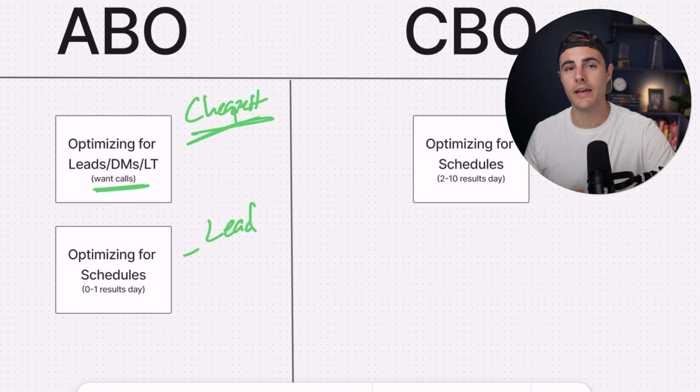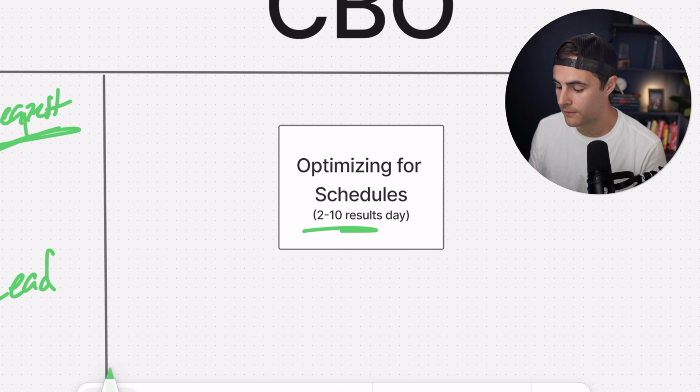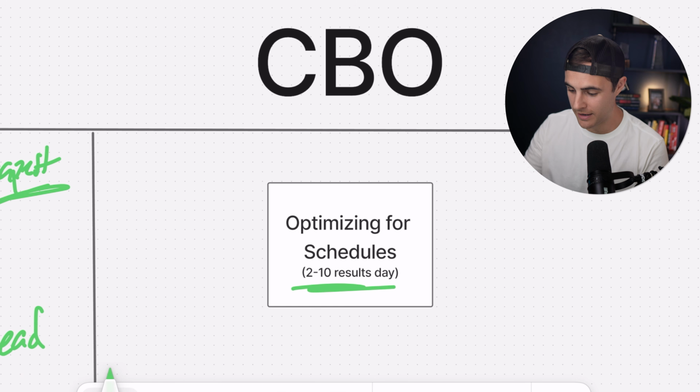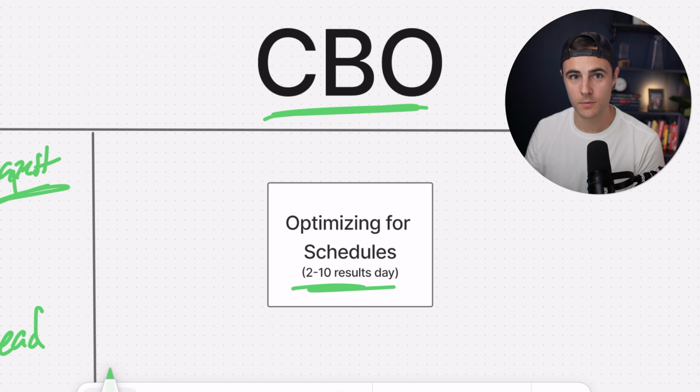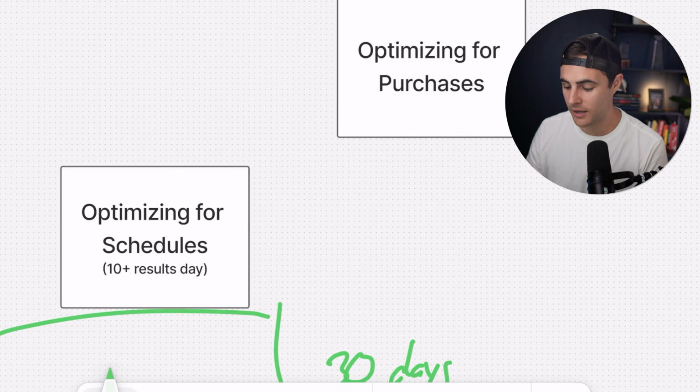So because of that, if I'm getting just a few pixel fires per day, I'm gonna put this in a CBO campaign, because again, I'm getting enough pixel fires here for the ads to optimize, for Meta to use its machine learning, and it's super smart, to use the CBO campaign budget to really find the right people for me, okay? So if I'm getting 2 to 10 pixel fires per day, I'll use a CBO campaign, right?